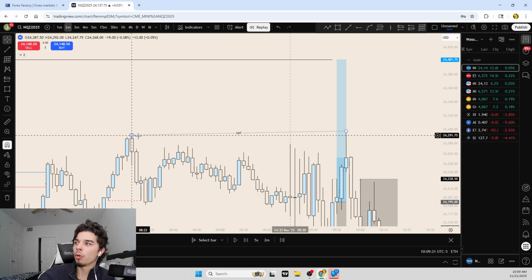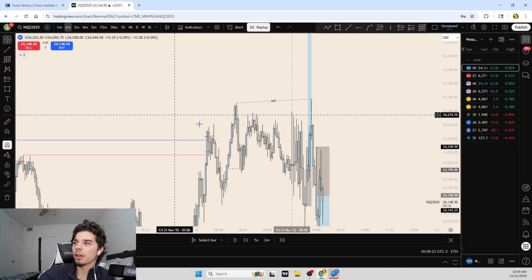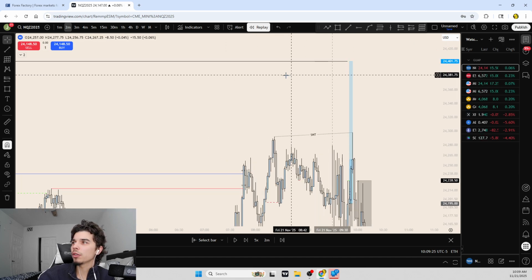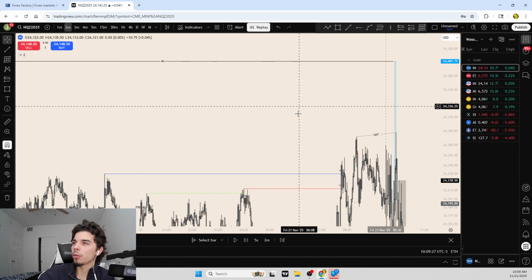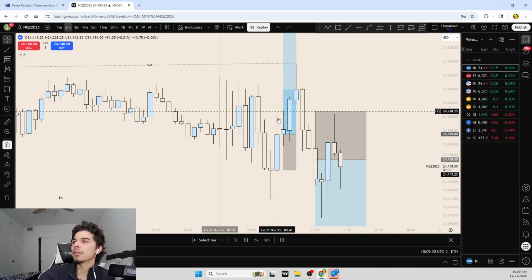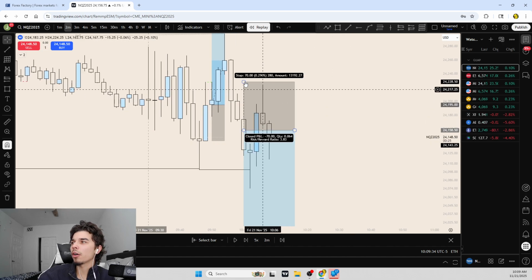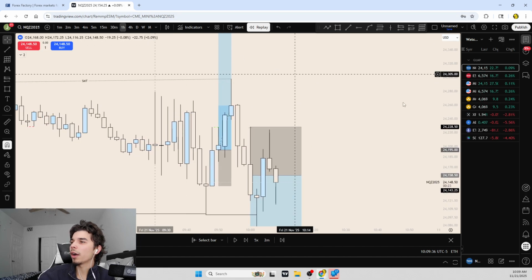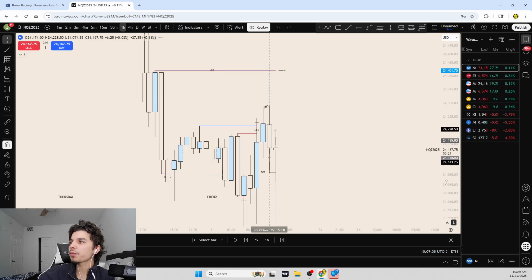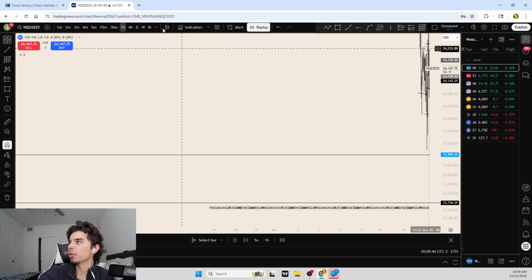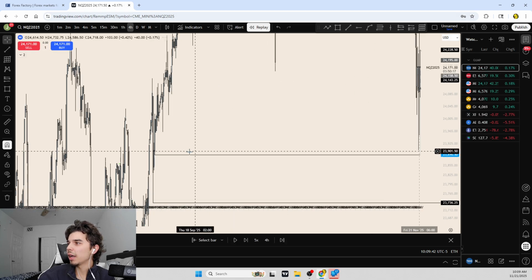I took one profit right here at this LR high, and then I was holding the other one up until this unfilled 4-hour all the way up here. However, we ended up creating an SMT, so I moved stops to break even, and I ended up getting stopped out at break even. I was like, okay, I'll go ahead and take another trade because overall on the higher time frames we are bearish, and we did leave this liquidity pool. There is a SMT at these lows right here.